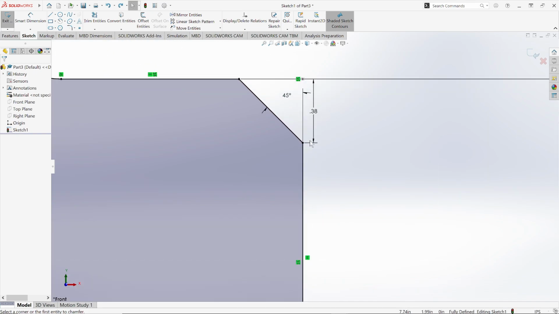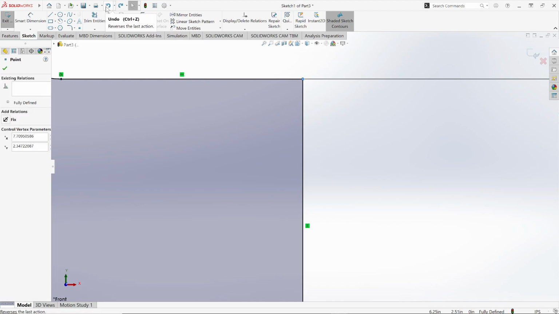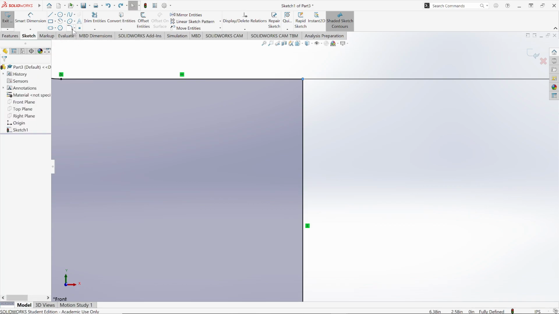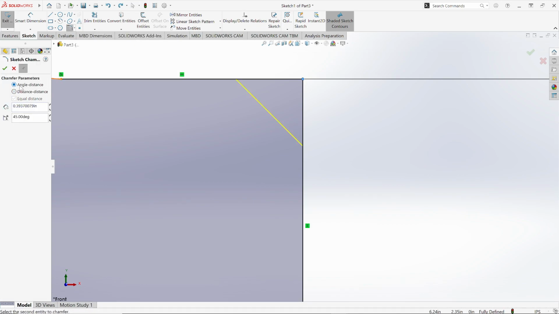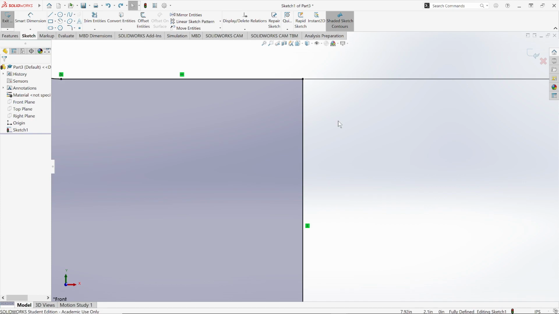Now, I don't want that to go vertical. So I'm going to try and control that and see if I can do this. I'm going to hit the undo button up here on the top. And we're going to try and chamfer this. Let's go back to chamfer. This is already selected. I'm going to close that off. I got to make sure that that point's not already highlighted. We'll go to chamfer,